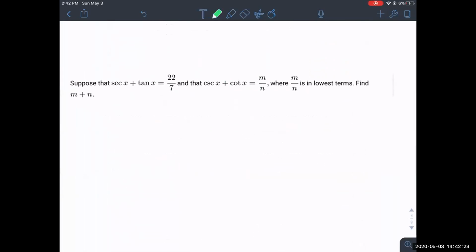Just as a hint, I'll write down the Pythagorean identities again, the two less important ones. And the other one is